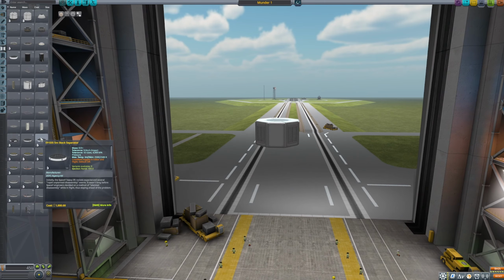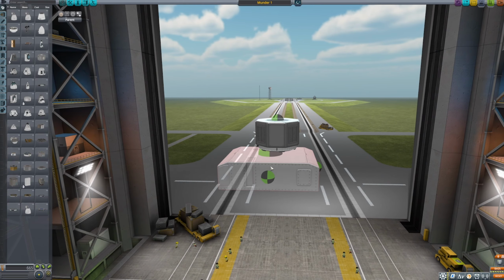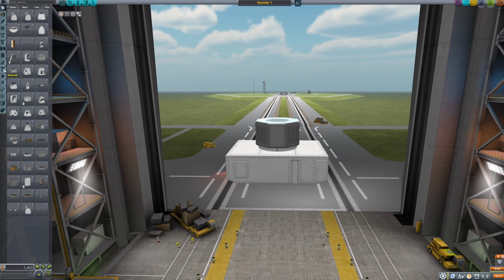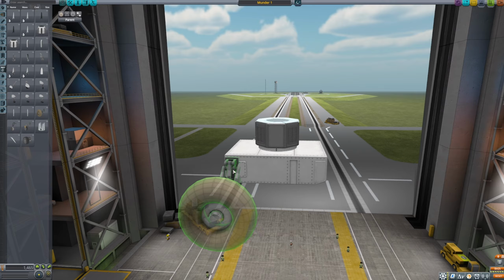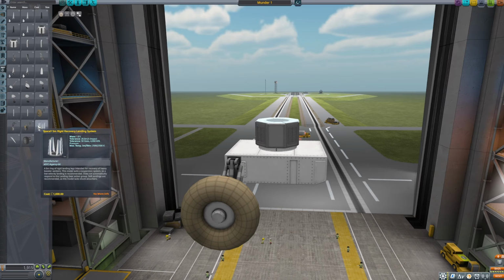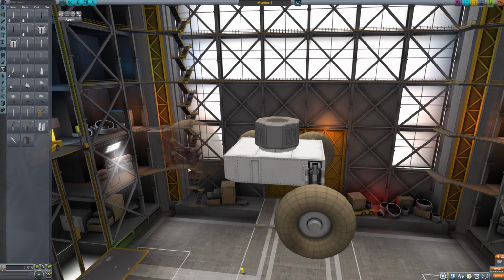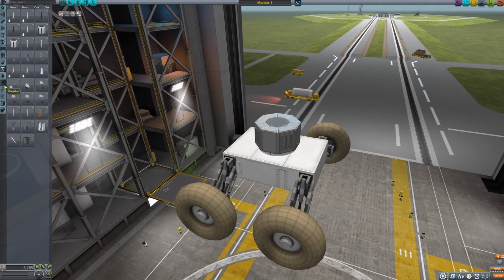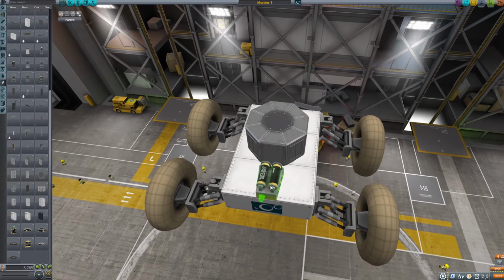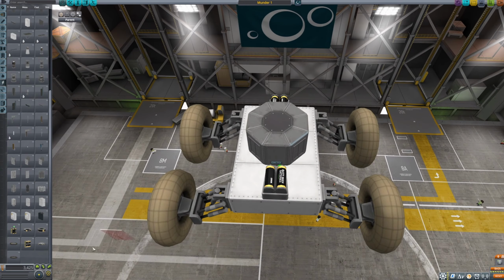In this one, I am going to be showing you guys exactly how to land a rover on the Mun. Now, this is a little tricky based on how you build this thing because I had an idea of trying to have sort of like, I guess, a crane to kind of hold on to the rover on the bottom and then have thrusters on the side of it, but I kind of went with a more simplistic route where I decided to put